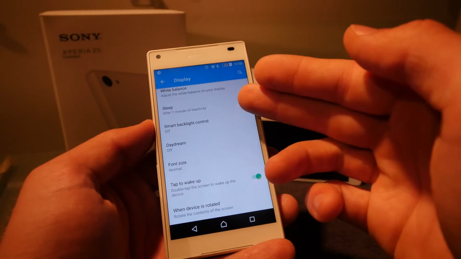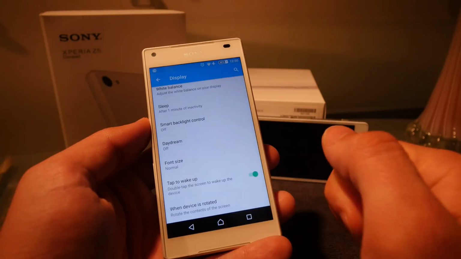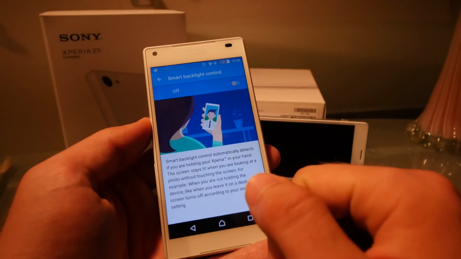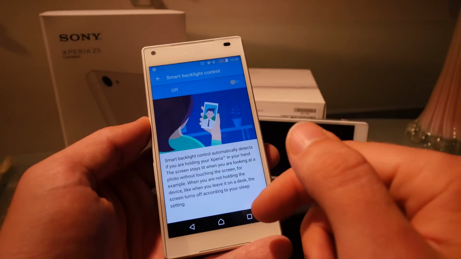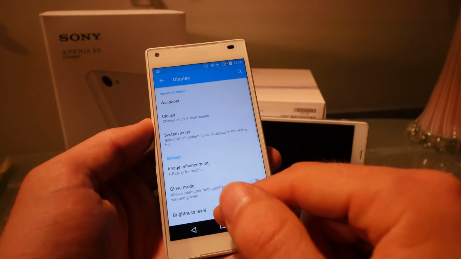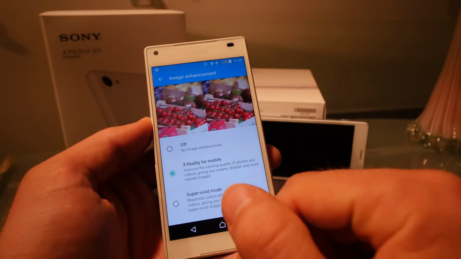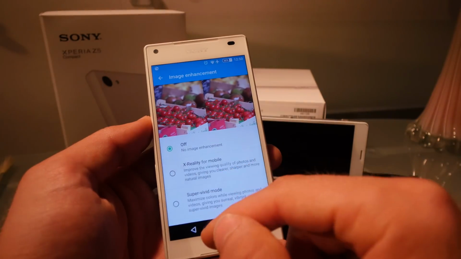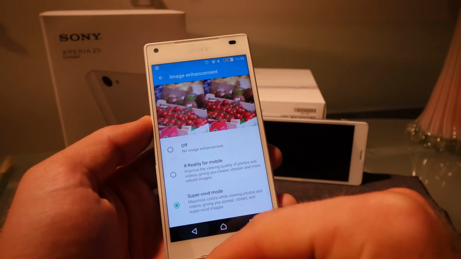Otherwise there's all kinds of other features here again, like the font size that may be interesting for a few people, and the smart backlight control can be also handy for turning the screen off when you're not looking at it. But that's again not too new, as is not the X Reality Mobile option here by Sony, which is quite nice to just have nicer colors, as you can see here in videos and